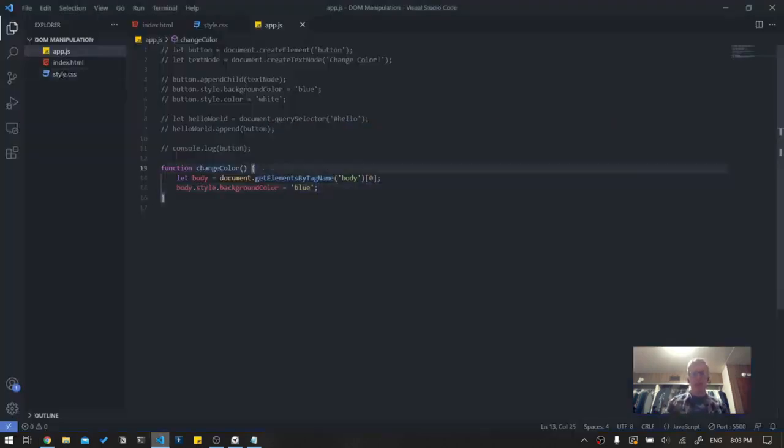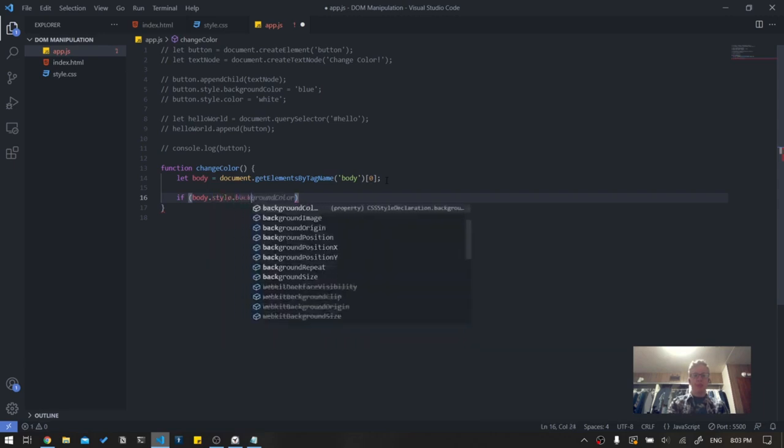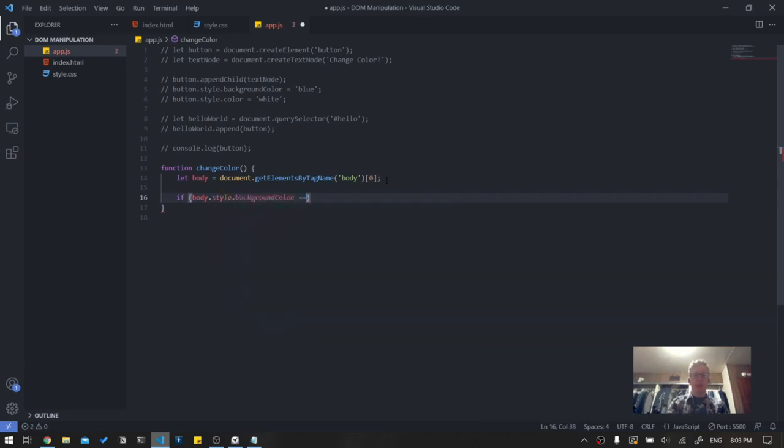So let's say we've selected this tag right here. Okay, and I'm going to get rid of this. Let's create an if statement. We'll say if body dot style dot background color equals, make sure you have that double or triple equals, so